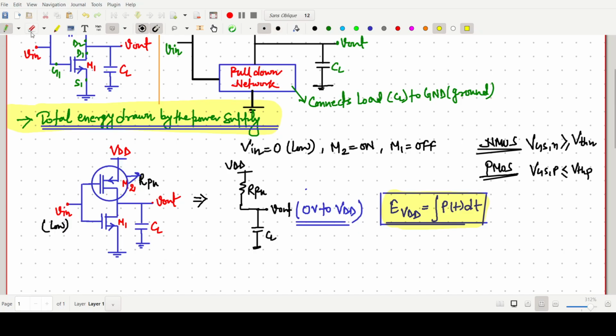Very simple, because if we have an axis, say power axis, and there will be some time axis and some graph is there. If we have to find the area for t1 to t2, this area will give the energy. So energy is nothing but simply integral of p, if p is a function of t, p(t) dt. I am writing the same thing: E due to VDD, due to supply, is integral of p(t) dt.